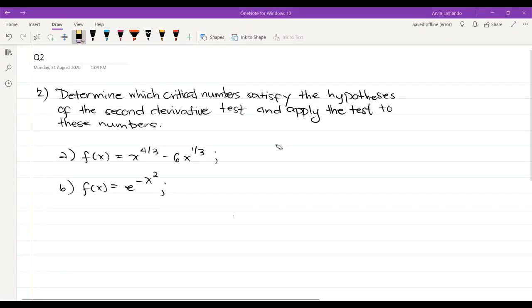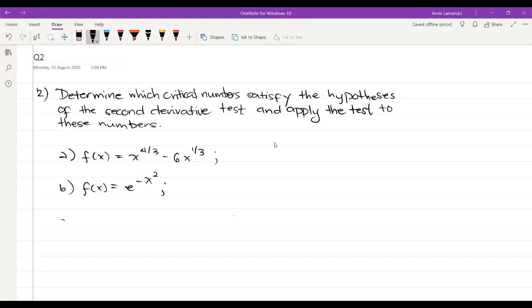This is the third entry in a series of discussion videos on the topic of concavity and the second derivative test. So in this video, let us answer the second exercise problem. We are being asked to determine which critical numbers satisfy the hypothesis of the second derivative test and apply the test to these numbers. So for item A, we are given